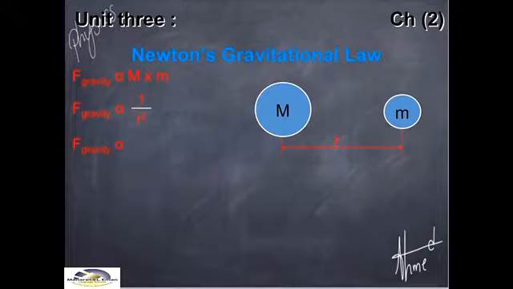Therefore, the force of gravity is directly proportional to m1 m2 over r squared. The force of gravity equals G